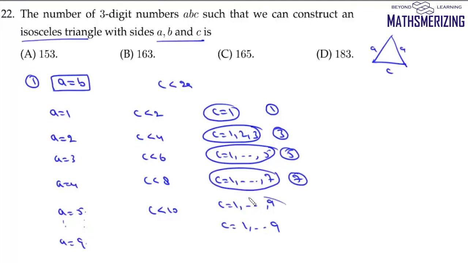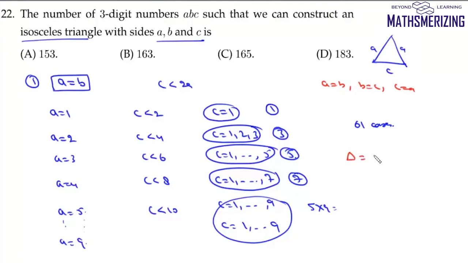So for these 5 cases, we have 9 values each. So it'll be 5 into 9, and there'll be 45 plus 5, 50, 50, 60, and 61. So it'll be 61 cases. Now there'll be 3 such possibilities: either A equals B, or B equals C, or C equals A. So total number of such cases will be 3 into 61, which is